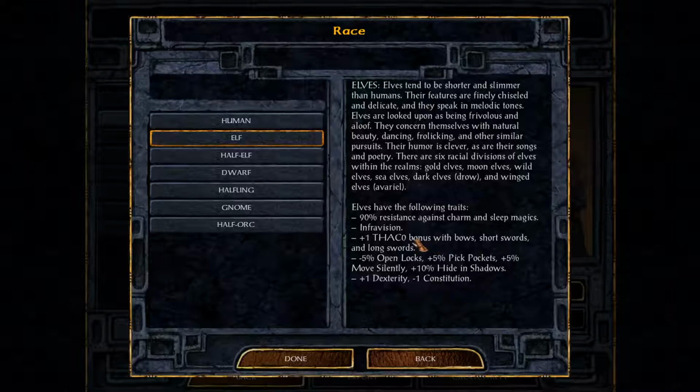THAC0 bonus, that's basically, THAC0 stands for to hit armor class of 0, which basically means that's how much you have to roll on the d20 when you make an attack to be able to hit someone who has an armor class of 0, which is generally a good armor class. The way armor class worked is the lower the armor class the better. So usually you just wanted a lower THAC0 and you have an easier time hitting guys. And the game computes that for you, so it's a bit newcomer friendly in that regard, but for tabletop it's more complicated. But a THAC0 bonus of bows, short swords, and long swords, those are all very good